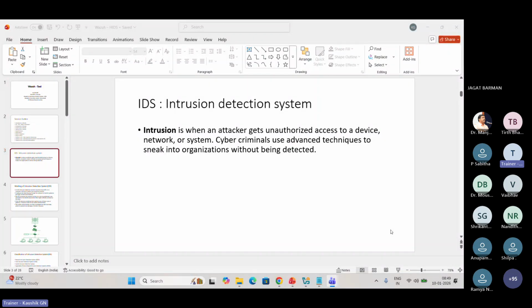As part of it, there are different technologies presently we are using. For example, we use firewalls. Can anyone explain what a firewall is? How does it work? Does anyone know? It blocks unauthorized access ports. Okay.